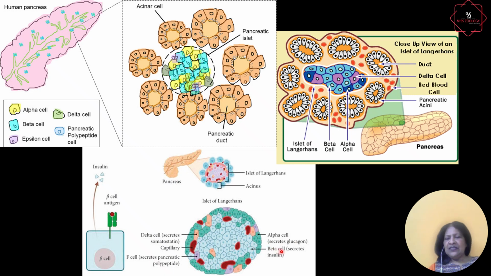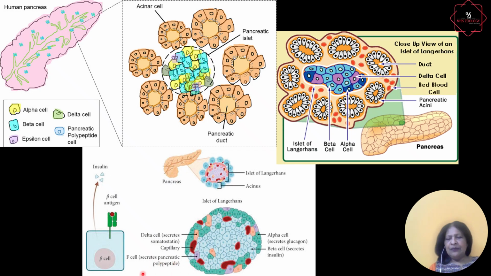Let's see here again in another diagram where the focus has been on these cells, and as we know, the secretions that they produce: alpha cells produce glucagon, the beta cells secrete insulin, the most important endocrine secretion from this gland, and the delta cells secrete somatostatin, not in a very big percentage, only around 5, a little more than that, is the secretion from the delta cells. The rest is from the cells which are along the GI tract. Then we have the F cells or the gamma cells that